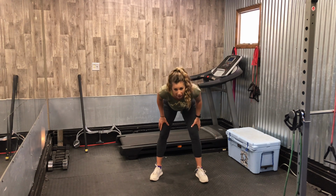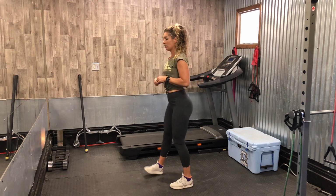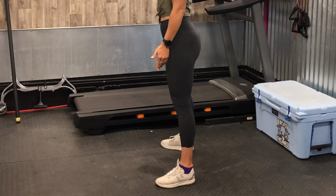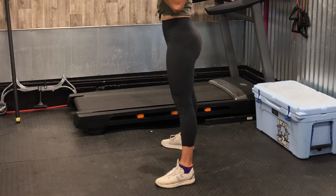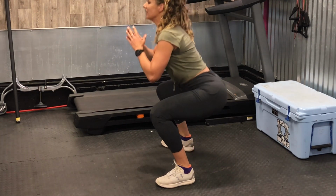So again, you're going to engage the core, shoulders are back, nice upright posture, right? We're not going to bend way forward here. So nice upright posture. Come down, again, keeping in mind where those knees are, not letting them come in or out. Sitting back, and this is from the side, toes slightly pointed out, core is strong, shoulders back,